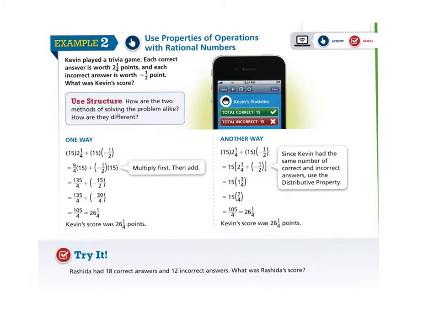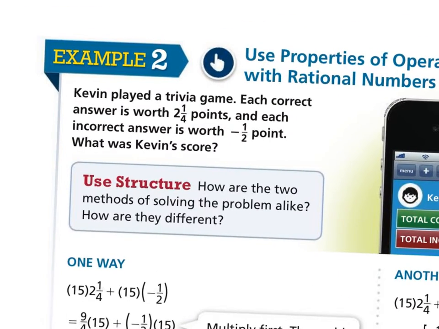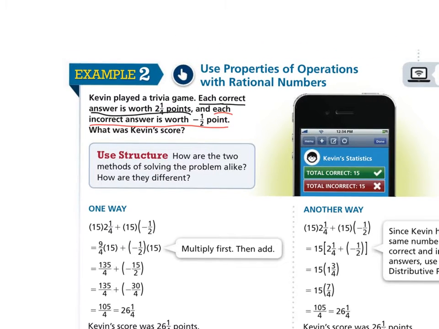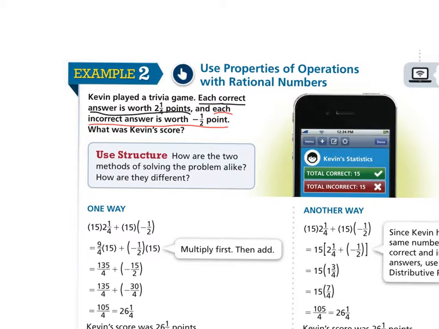Example 2, Kevin played a trivia game. Each correct answer is worth 2 1/4 points. And each incorrect answer is worth -1/2 point. What was Kevin's score? So you can see here, he had 15 correct and 15 incorrect. So 2 different ways of doing this. One way